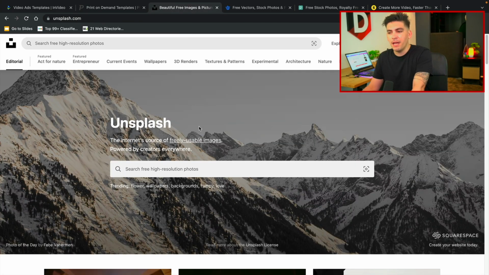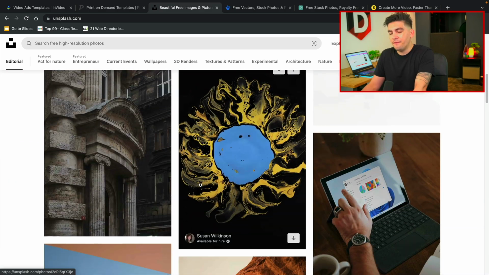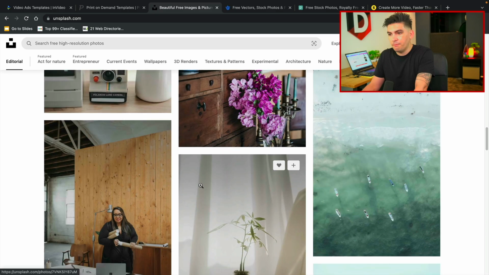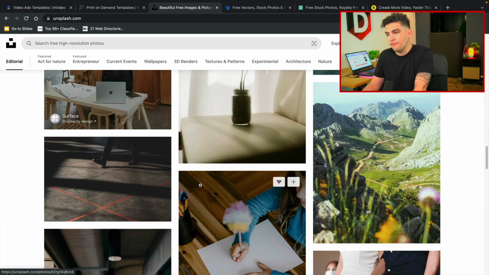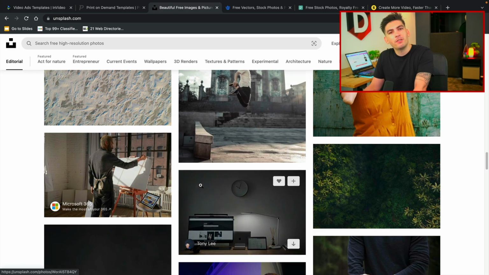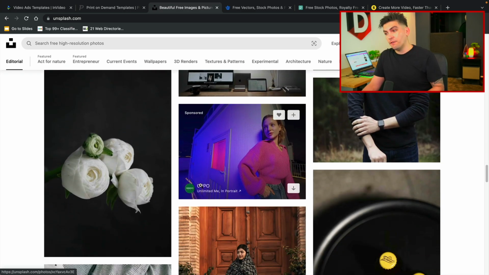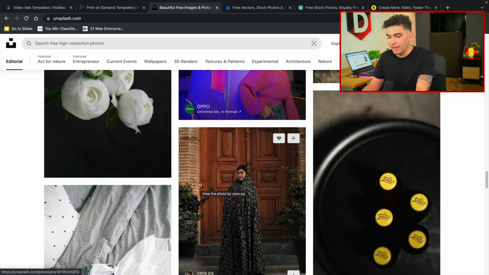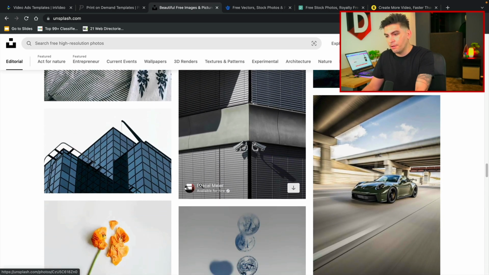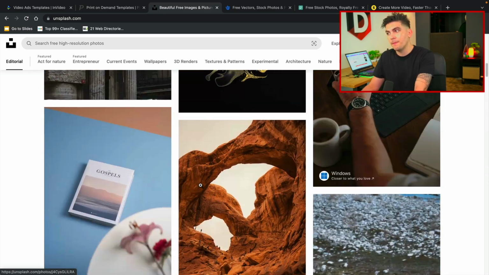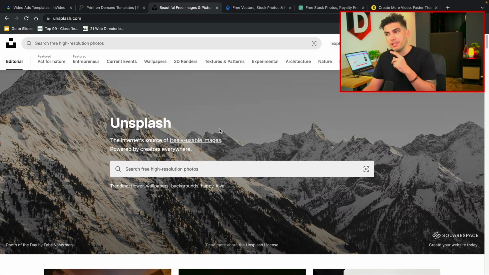Next, we have Unsplash. This used to be a very, very popular website, but Unsplash has just been getting more and more restrictive. I really feel like the quality of images here is somewhat lacking compared to when they first got started. When they first got started, they were creating some amazing stuff. Now, a lot of these images are a little questionable, but you can still find a lot of good free images from Unsplash.com. So be sure to check out Unsplash.